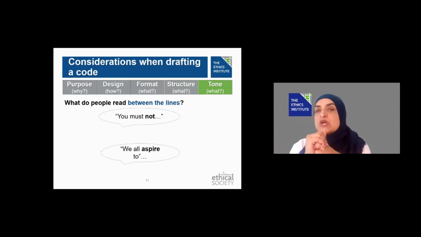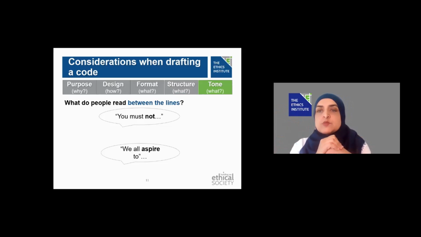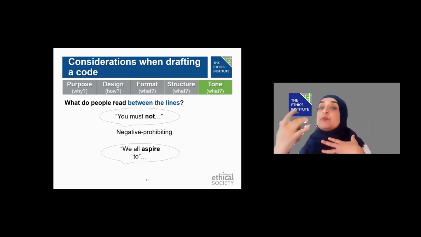Because if you're adopting that compliance mode, you're more likely to use the language of you shall not or you must not. It's inevitable that that would be the language that you would use, and the way that people read between the lines is around prohibition.